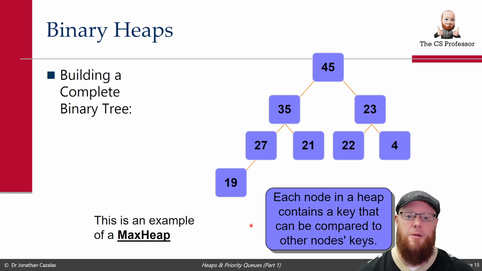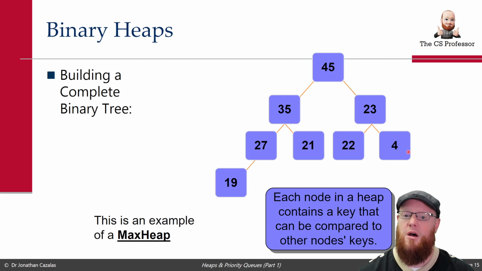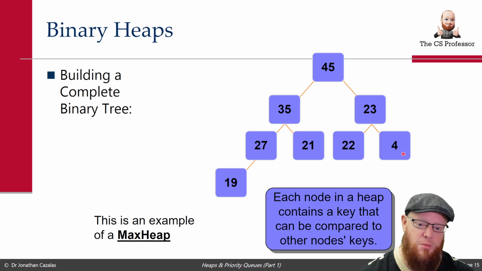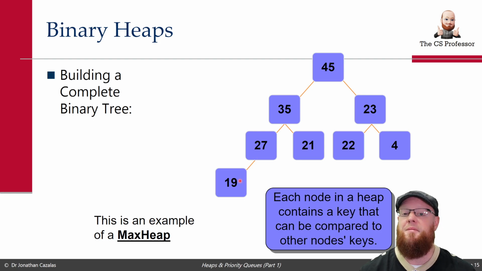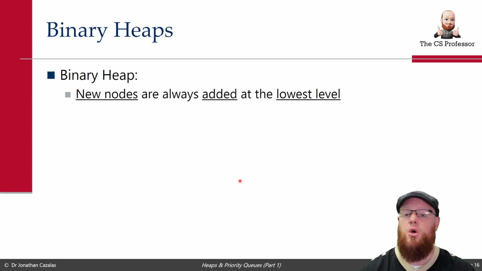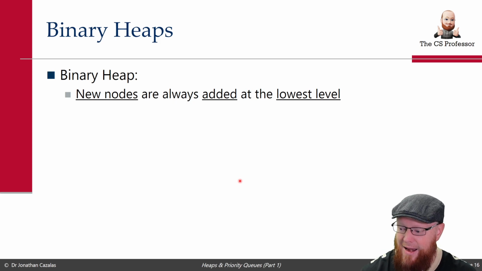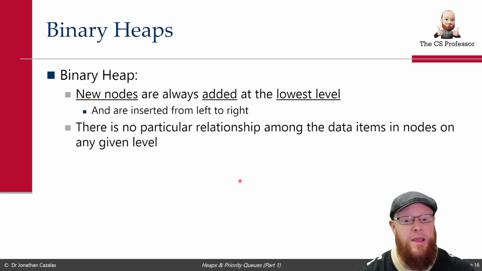Of course, we can see here, this is a max heap. Pick 23, all the nodes that are children of 23 are smaller. Pick 35, all the nodes that are children of 35 are smaller. Even 27, all the children of 27 are smaller. And the maximum value is found where? At the root. New nodes are always added at the lowest level, the very last level, and they're inserted from